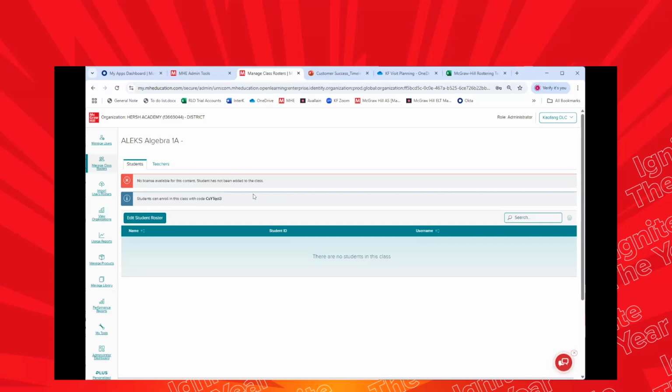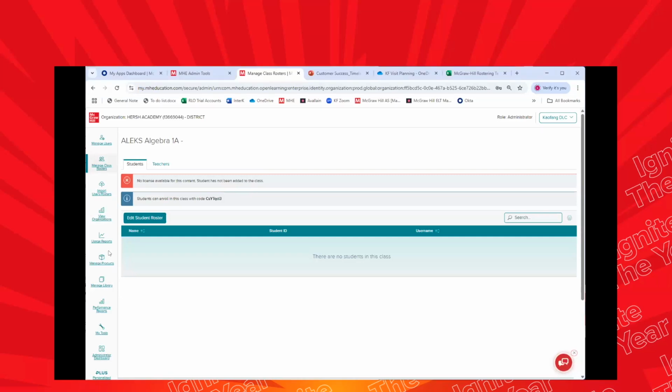our admin portal and everything should be all good to go. The next thing that you would probably want to do is, once you have finished all the beautiful rostering and the students are accessing their classes, doing their assignments, doing their assessments, and a few weeks have passed, you want to export some reports. This is a very, very interesting aspect and something that McGraw Hill has made easy for you. So let me then show you all the access and all the reports that you will have under the McGraw